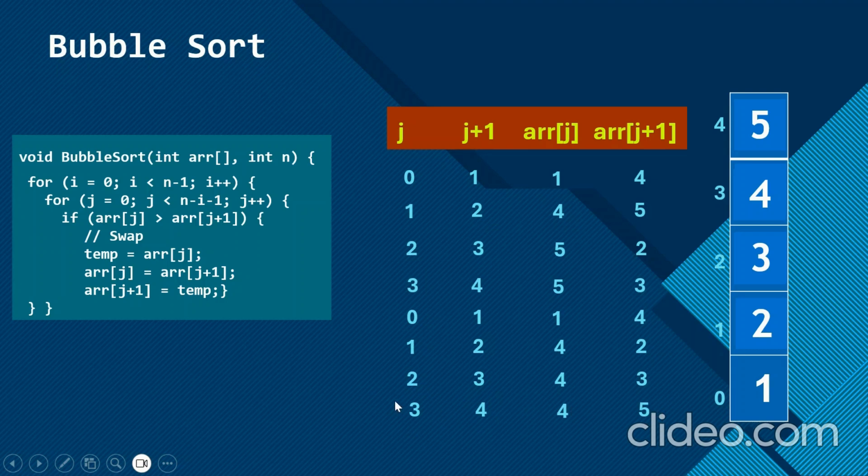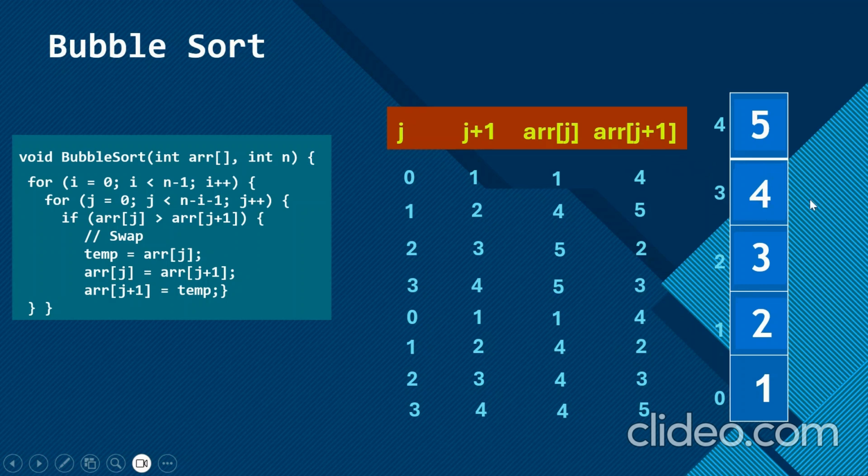In fact, this iteration, if you go by this logic, won't be needed. Why? Because the 4 and 5 comparison is not needed, because if it runs, it would come out to be false as 4 is not greater than 5. But with respect to the discussion that we were having till now, this 5 or this cell is already sorted, so we should have gone up to this place only. But